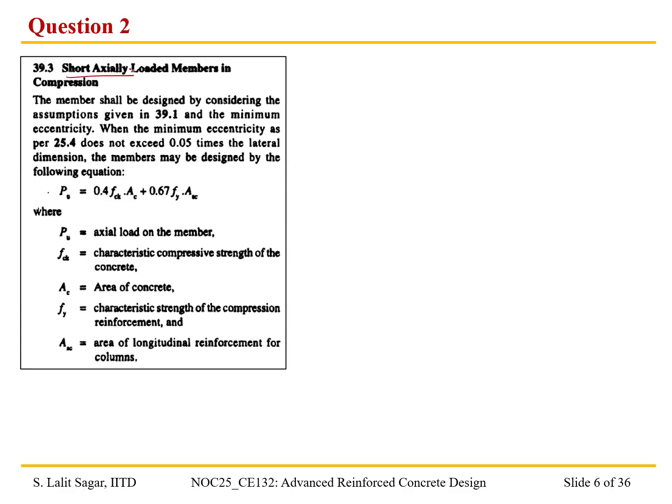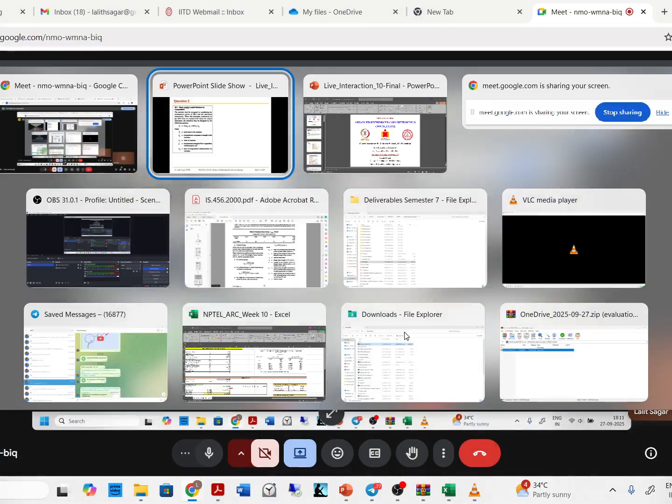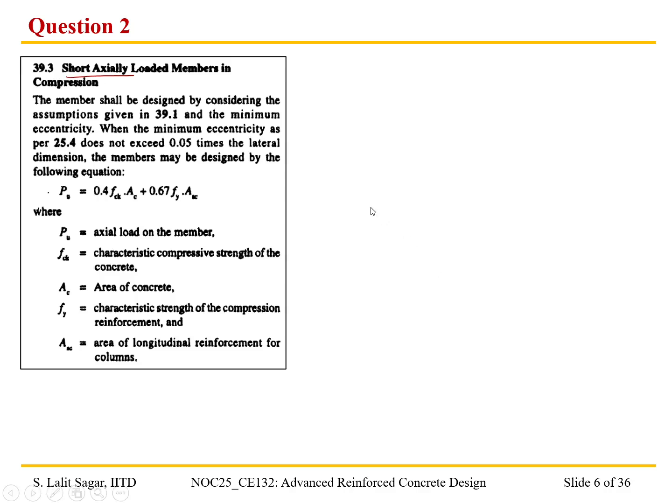And how do we find out the actual compression capacity? Okay, so how do we find out the capacity of the column under pure compression? So we have Pu is equal to, as per clause 39.3,